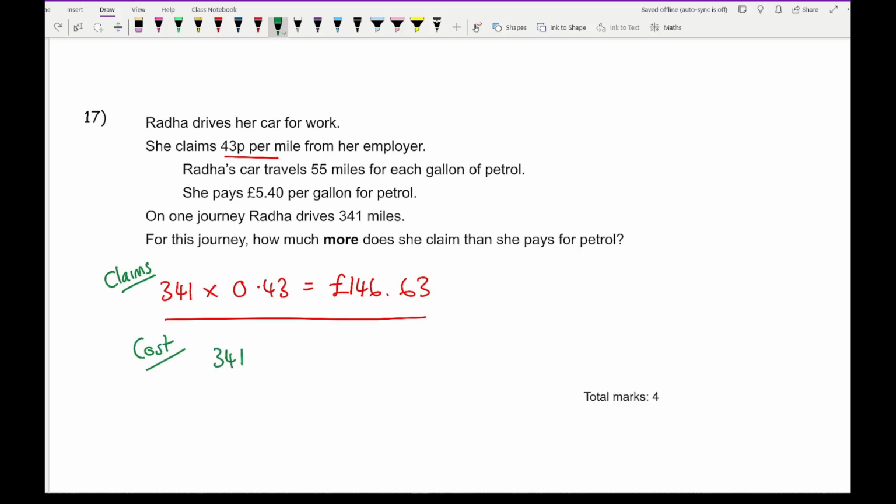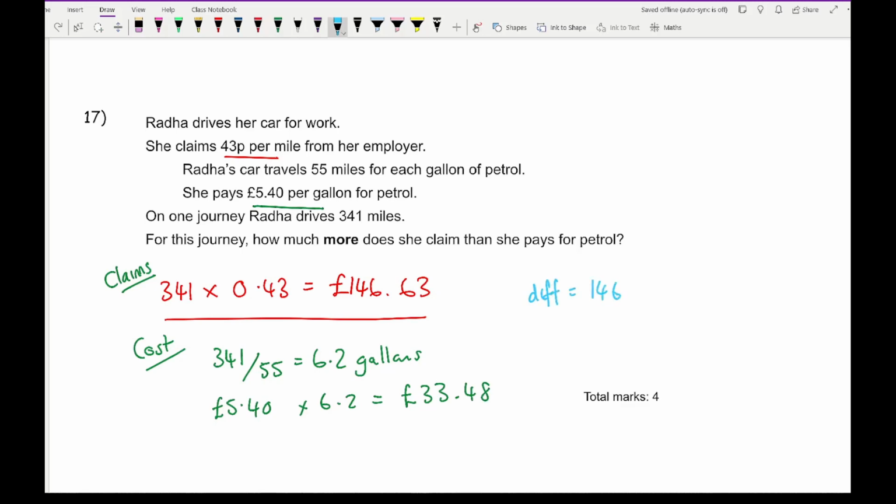Now if we divide that by 55 to work out how many gallons there are, then we get that to be 6.2 gallons. Now it says that the petrol costs £5.40 per gallon, so it's going to be £5.40 multiplied by 6.2, which gives us an answer of £33.48. So then here, what we need to do is work out the difference, which is going to be